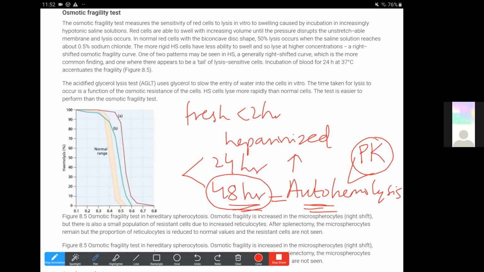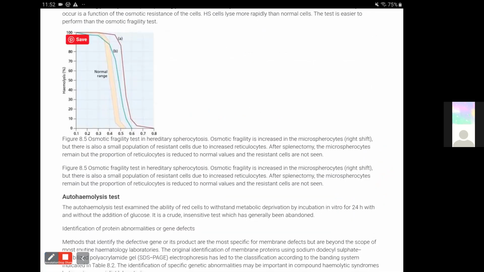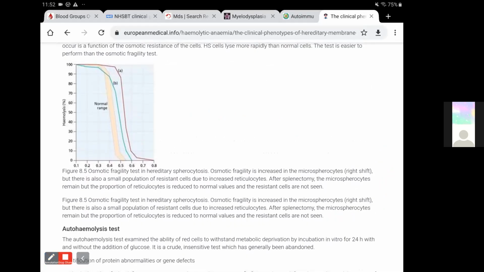So we were going through the various causes of shift to the right of the membrane: hereditary spherocytosis, autoimmune hemolytic anemia and CDA. And here we have the dehydrated form of spherocytosis as the membrane defect, and other hemoglobinopathies such as thalassemia and sickle cell anemia. I think we have gone much into the causes of the shift of the curve, and also how we differentiate the 2 forms of hereditary.